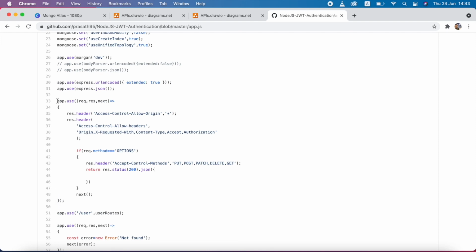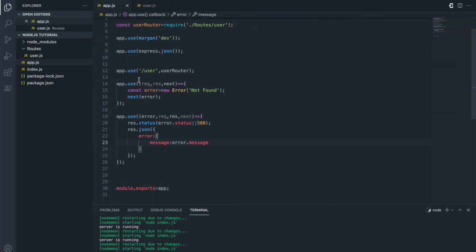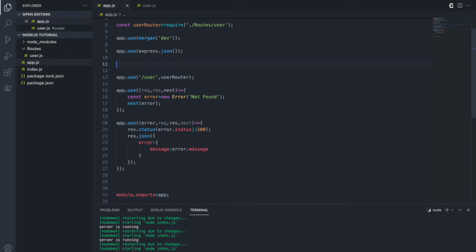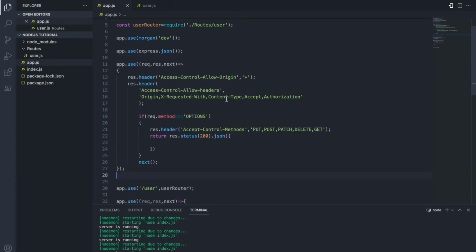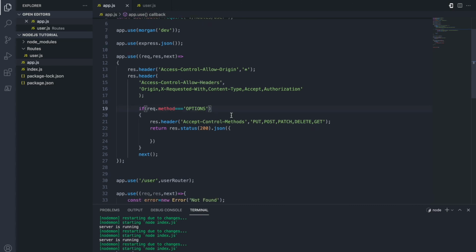I'm going to copy these lines and paste them before the router. So I want to change the header to capital. What is happening here? In the response, I set the header and the methods. If we add these headers, we will not get any CORS errors.